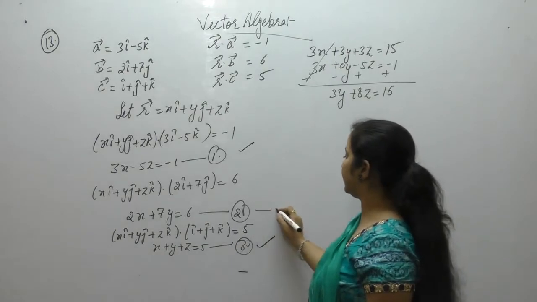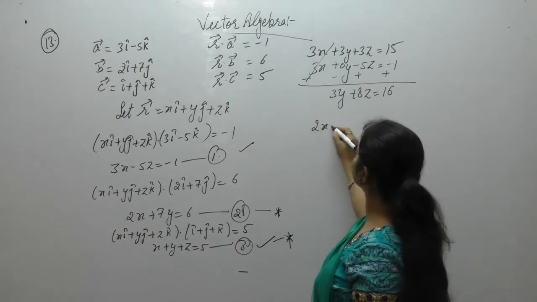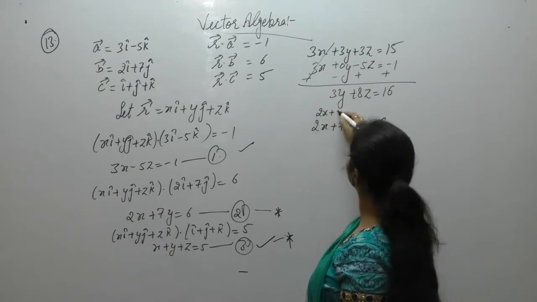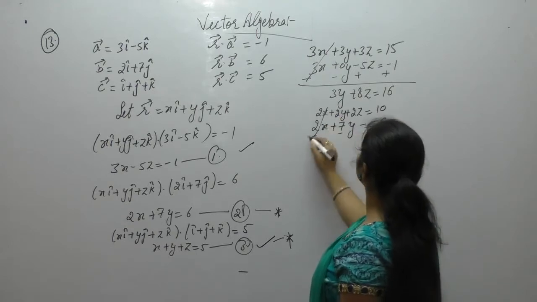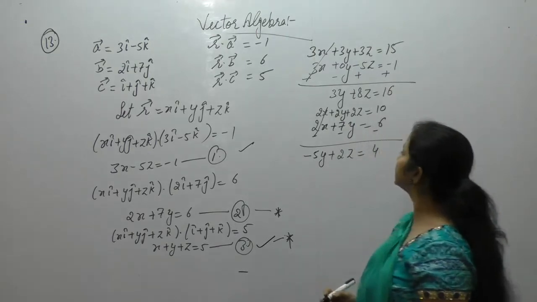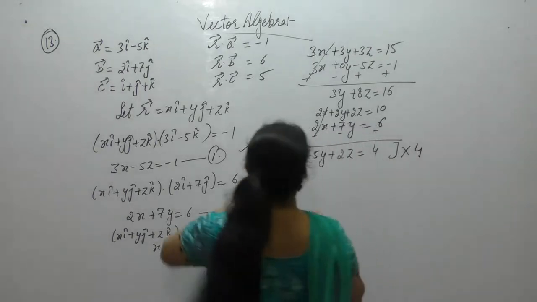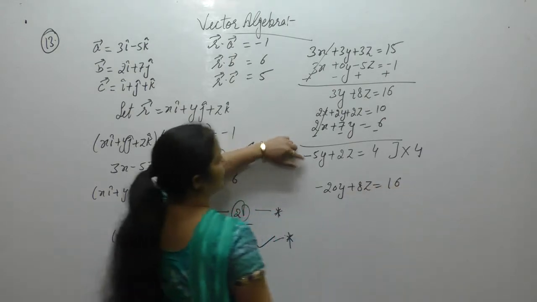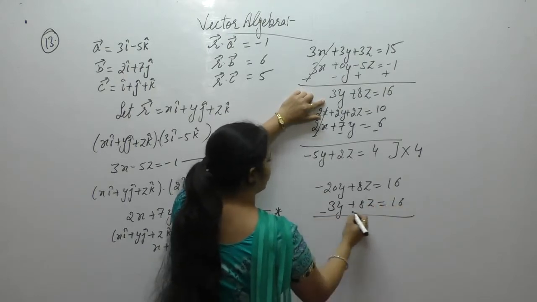Now solve second equation and third equation. 2x plus 7y is equals to 6. Multiply equation by 2. 2x plus 2y plus 2z is equals to 10. Subtract, 2 minus 7 plus 2z. 10 minus 6 is 4. Now multiply this equation by 4. 5 into 4, 4 into 2, 4 into 4. Now this equation is 3y plus 8z is 16. Subtract